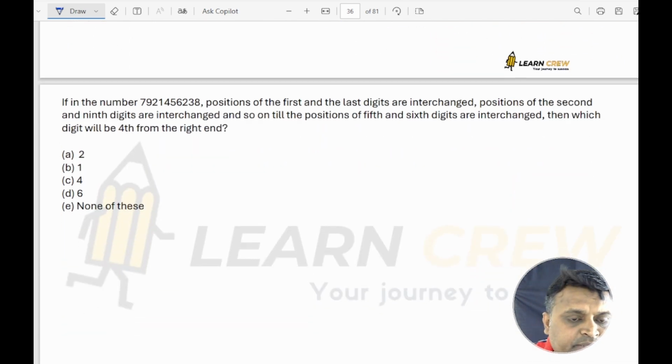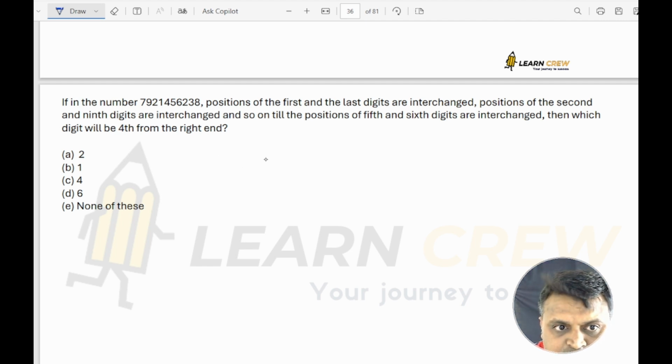In the number 7921456238, the positions of the first and last digits are interchanged. Positions of the second and ninth digits are interchanged. And so on, till the positions of fifth and sixth digits are interchanged. Then which of the digit will be fourth from the right? Fourth from the right means it is 1, 2, 3, 4, 5, 6, 7. Seventh, see here,